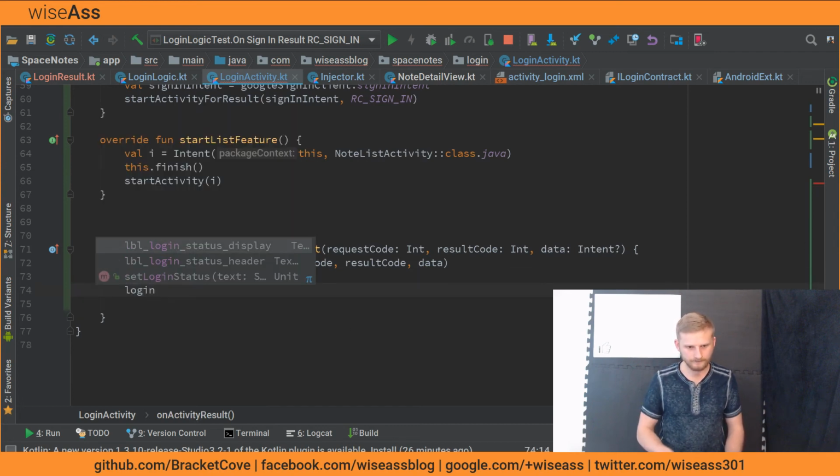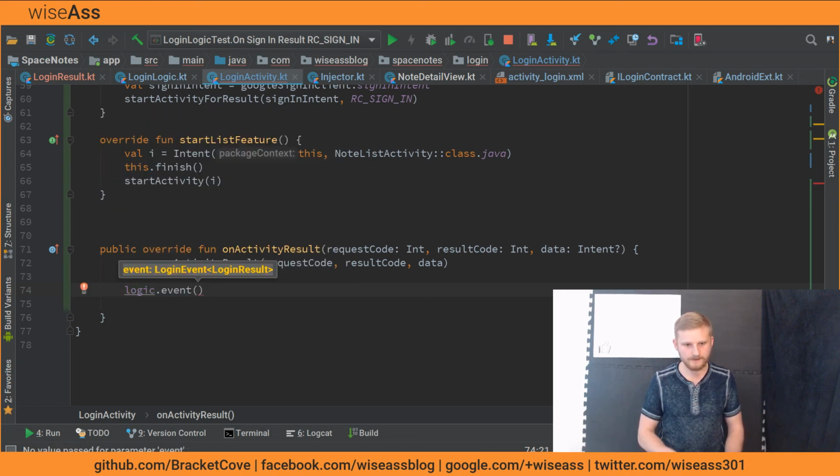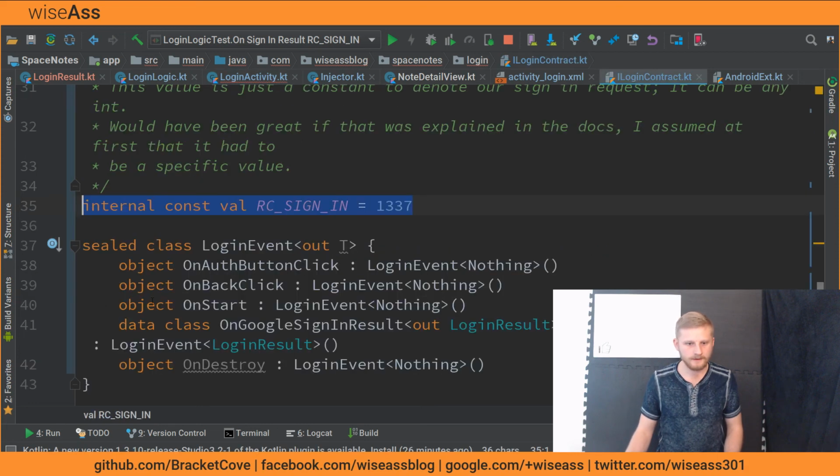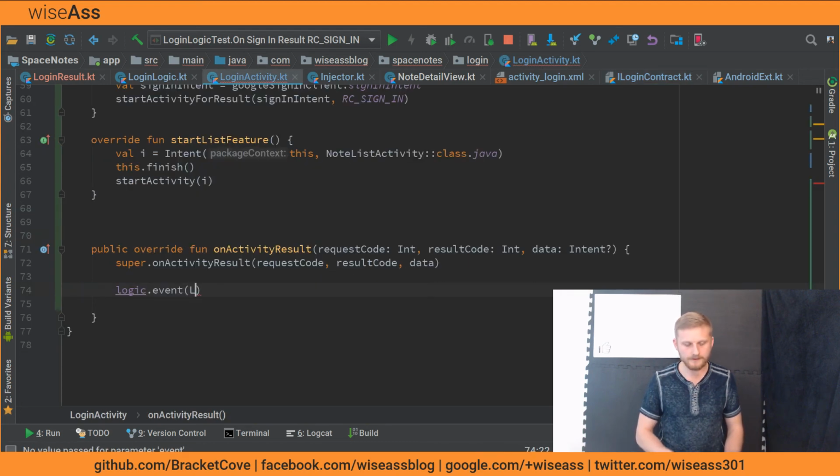logic dot event, and the event I've already configured is in iLogin contract, and it's the Google sign-in result. So login event dot on on Google sign-in result. And what info do you need? I'm not sure if I need that, but I do need a login result. So I have to build a login result class. So let's say,